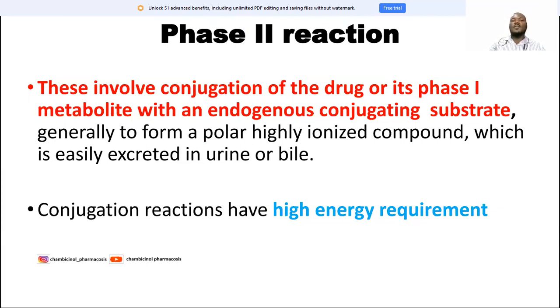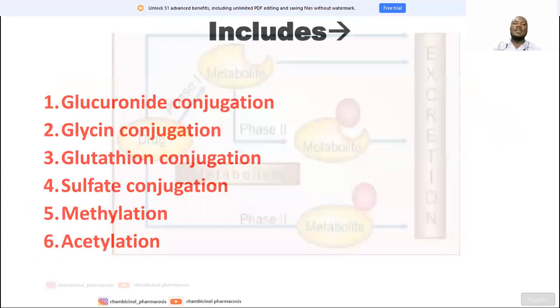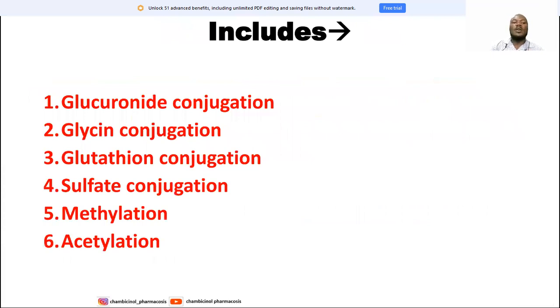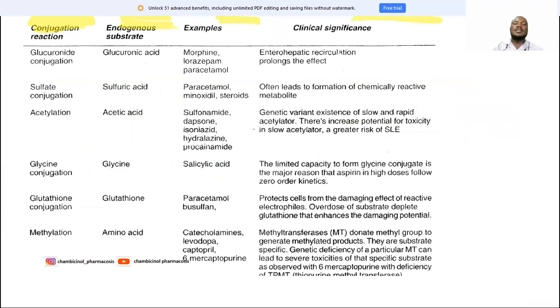And this process of the phase 2 reaction requires energy, so it is energy dependent. And we have seen those phase 2 reactions, which are glucuronide, glycine conjugation, glutathione, sulfate conjugation, methylation, and acetylation. So this here indicates all the phase 2 reactions, and here we have to know which kind of drug, or which properties the parent drug should have so that it has to undergo a particular